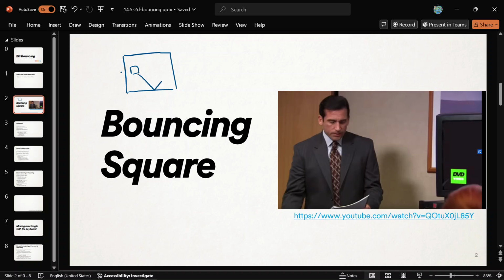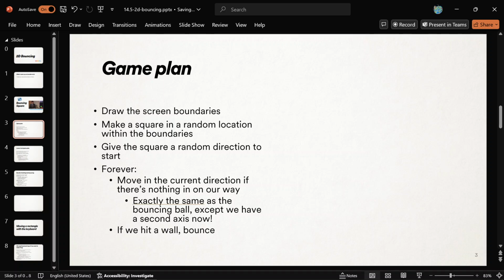a wall, and then bounce off in the way that makes the most sense, right? Don't go straight back out, do a 180. You gotta move in the way that you're supposed to move, and maybe eventually you'll hit a corner. Something like that. So that is the goal, and we talked about it last programming lecture, how we're gonna do it, right? We're gonna hook into a lot of stuff that we had with the bounce up and